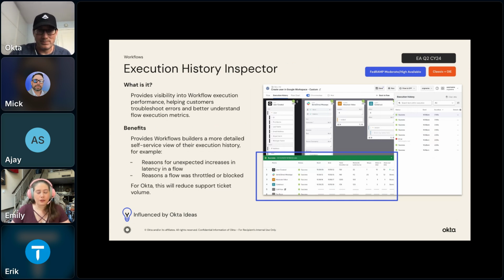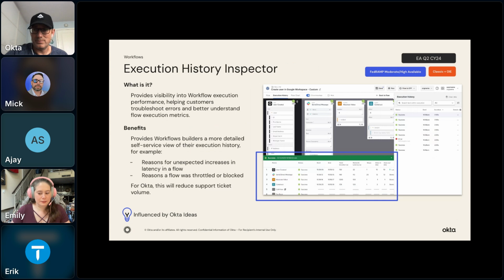This will help you write more efficient flows, so that you're not bogged down by something you don't know. And in the event of different throttling or latency, you'll be able to go in and really see what's going on.